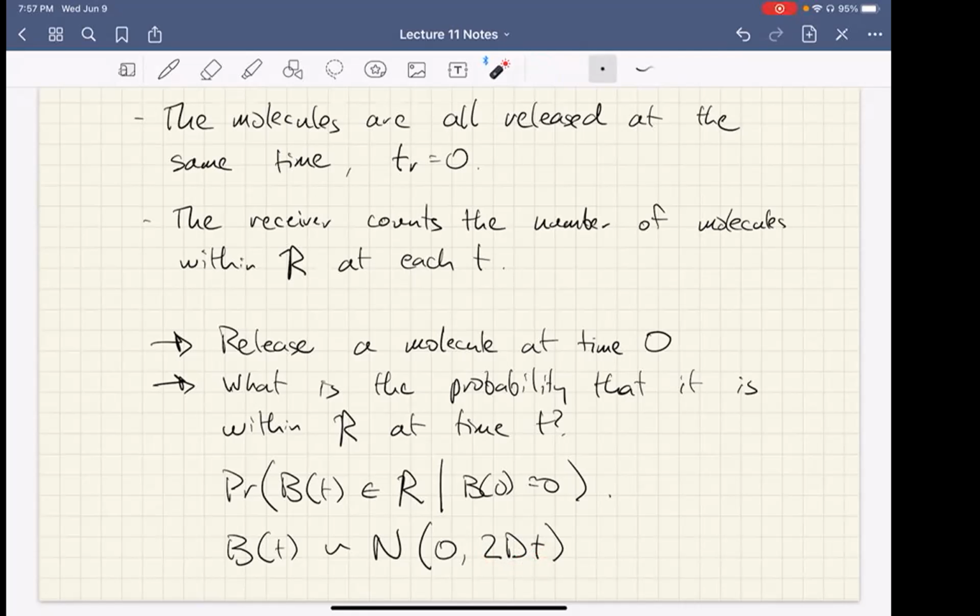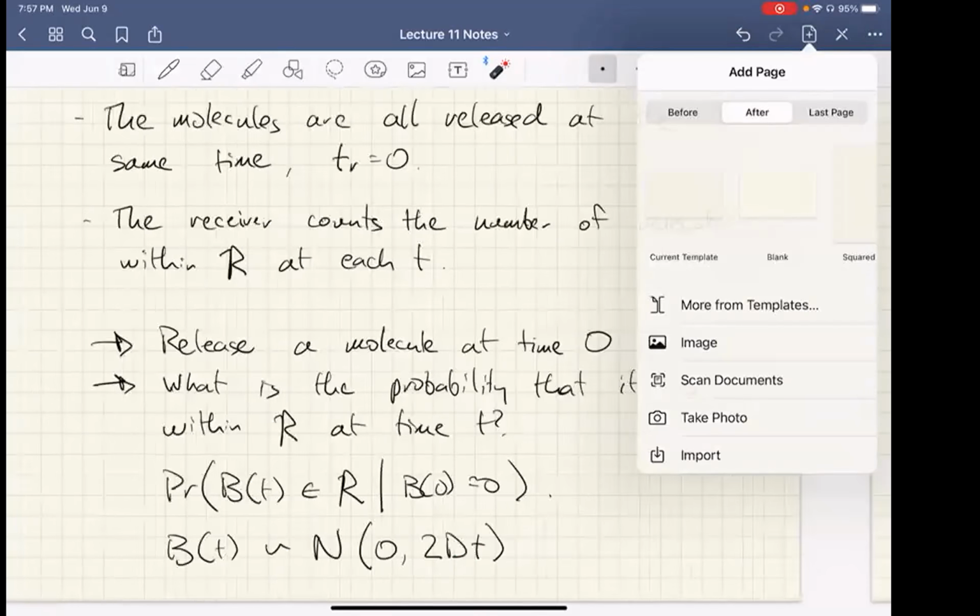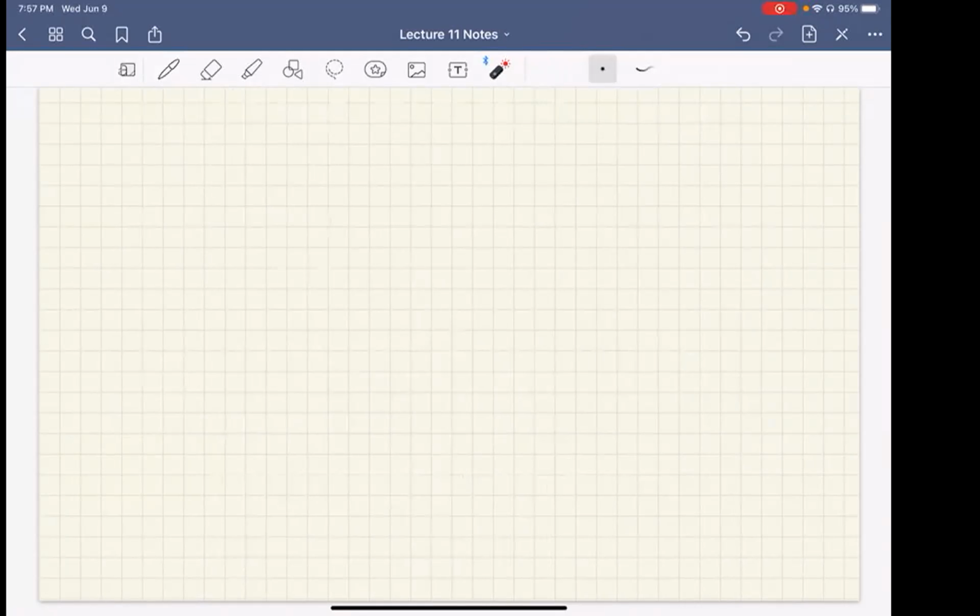So we can say that the probability that the Brownian motion is in the region, given the initial point is 0,